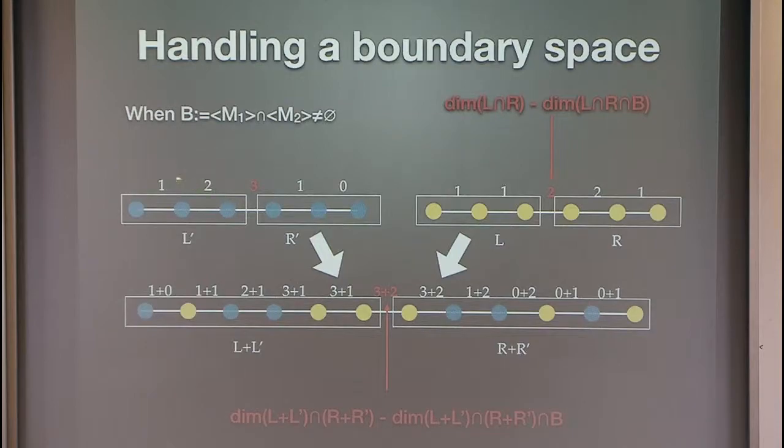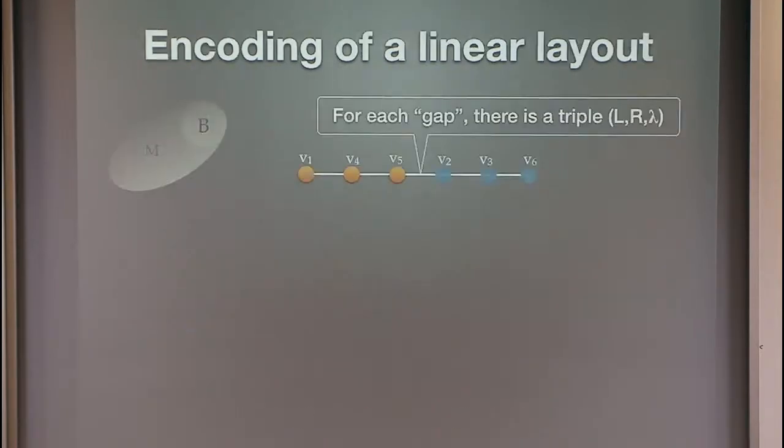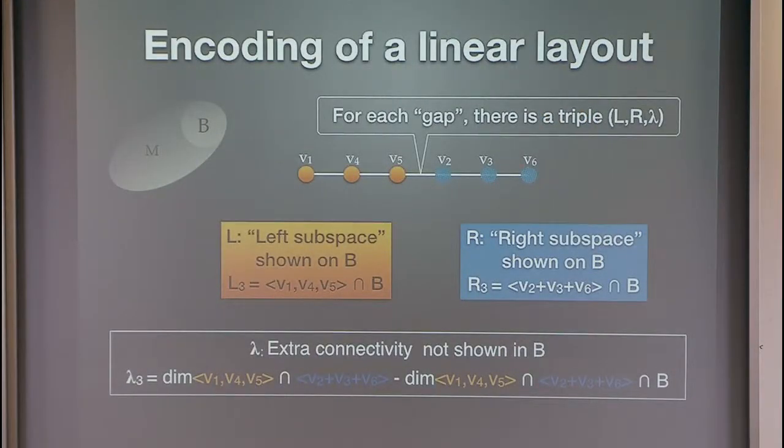So given the dimension sequences of two vector sets outside the shared boundary, if you simply sum up the sequences in the intended way, then the sum is exactly the intersection space outside B. So this gives you the encoding,